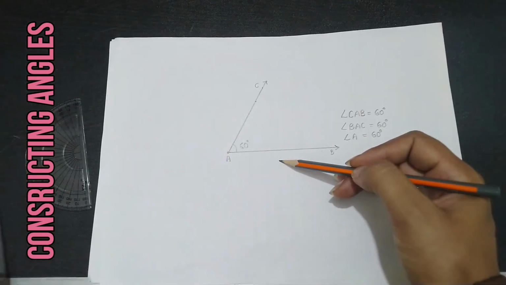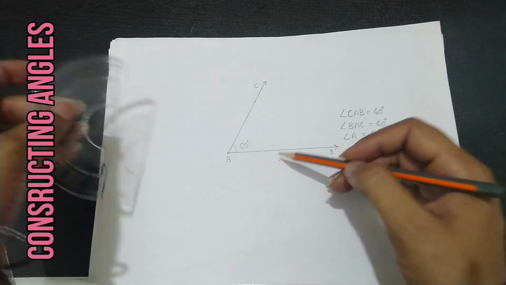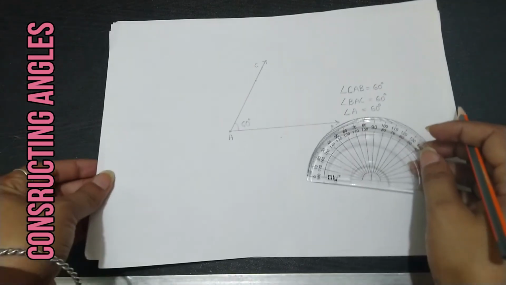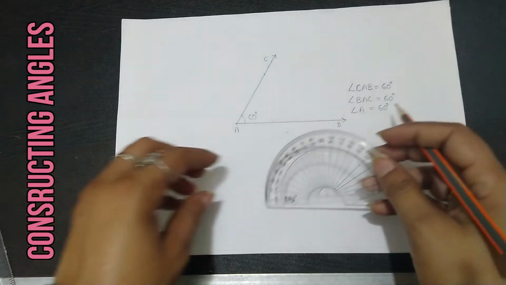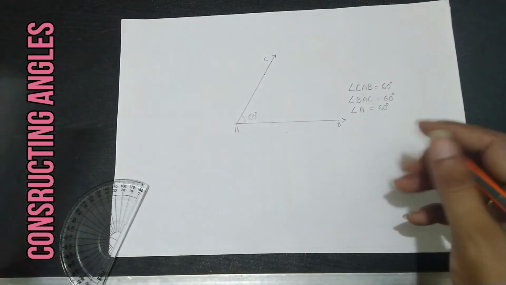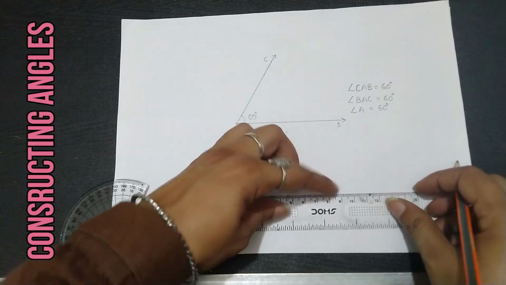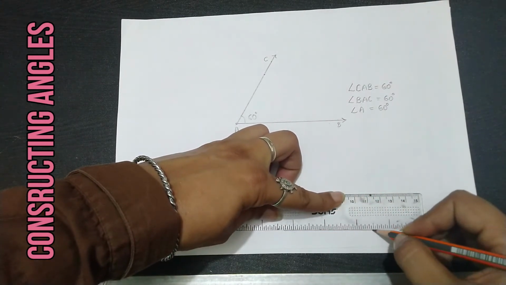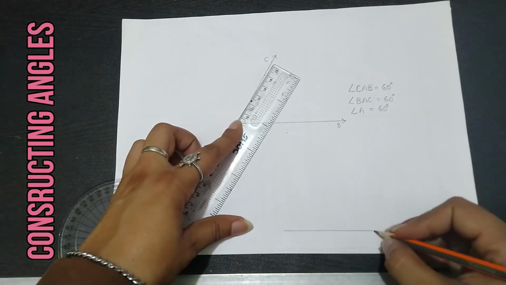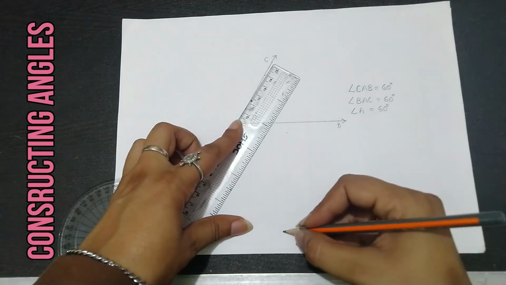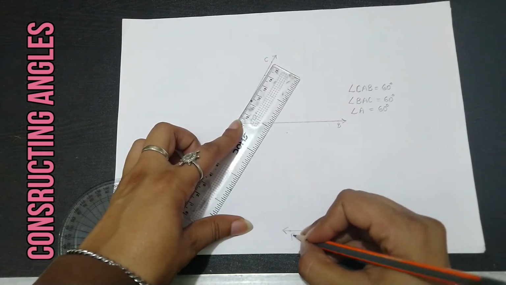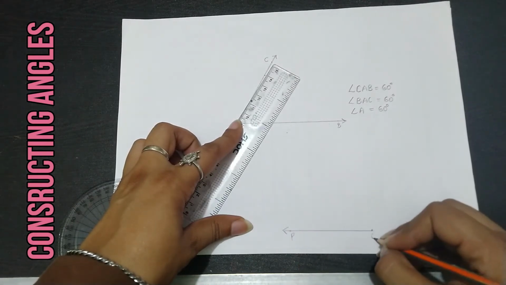Let me take one more example. In this I'm gonna use the outer scale, this side. So let me tell you how to draw this. For this again I need to draw a ray of any length, and now I am taking the end point at the right hand side, and this is the open point. I am naming it as P and this as O.